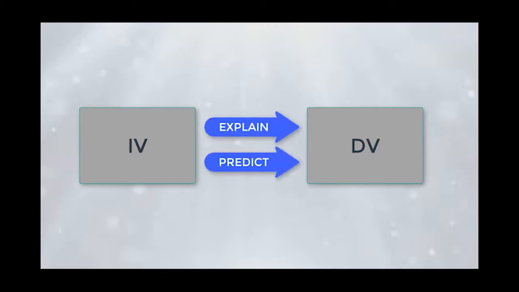Let's start with dependent variables. In research, the dependent variable is highly important because this is the variable the researcher is trying to explain or predict. Often, the dependent variable is associated with the purpose of the study or the focus of the research project. The dependent variable is thought to be dependent or be influenced by other variables in the study. The researcher measures the changes on the dependent variable because of this dependency.